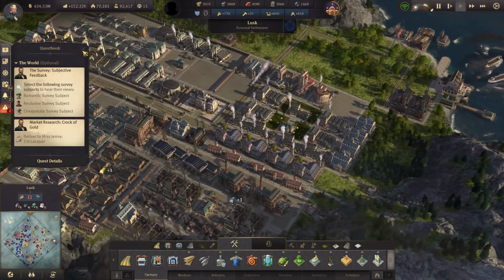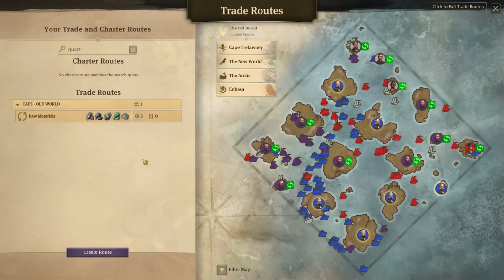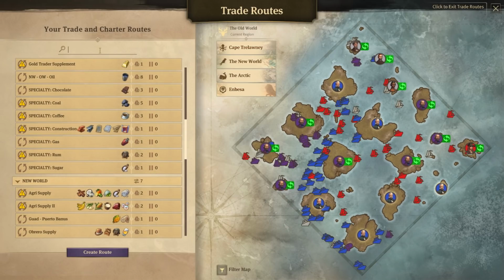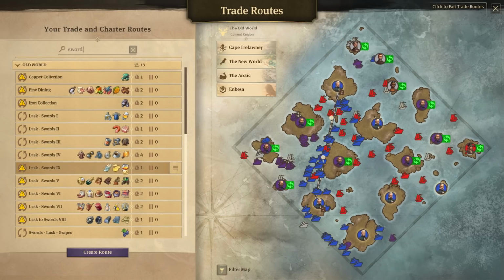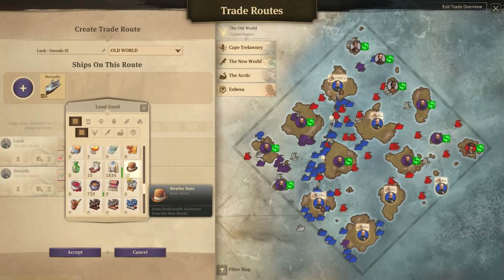So yeah, all we have to do now is wait for a little trickle down effect for the ethanol to get here, and then we have to add lacquer to the, I assume, route that's going back to swords. Again, sorry for being so buried in the statistics, or even trade routes. I think you just ultimately have to be. So lacquer has to go in here. Now this isn't a consumer good. This is just one of the things that...